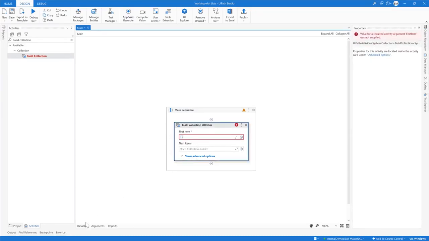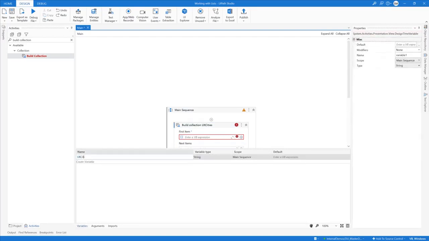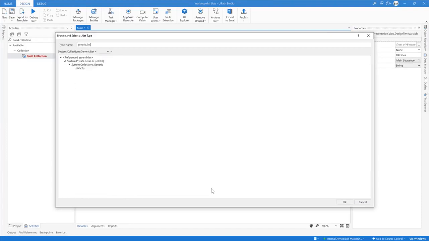Let's now create two variables that are of the type list of strings. One variable will store the names of cities in the United Kingdom, while the other will store the names of cities in Spain. Let's name the first variable UK Cities, then click Browse for Types. Search for generic.list and select